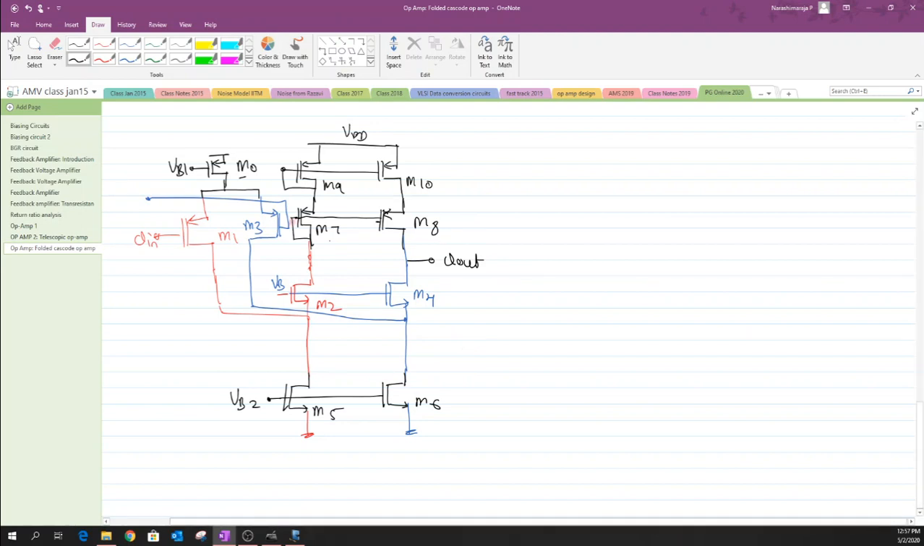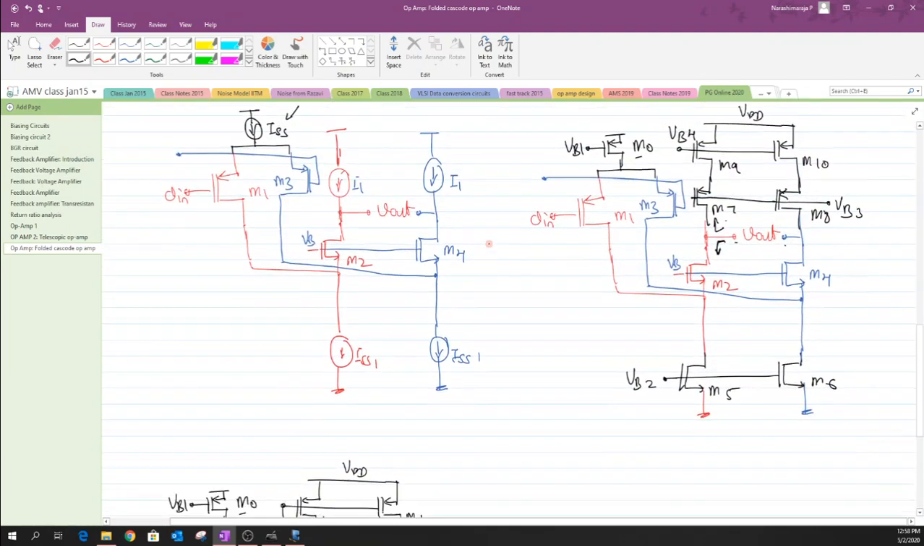Okay, so it is pretty simple. Just by having a diode connected for M7 and M9, one could recreate a mirror structure, a cascode mirror structure over here. Okay, yeah. So now let us try to discuss about the